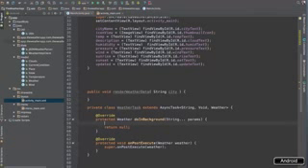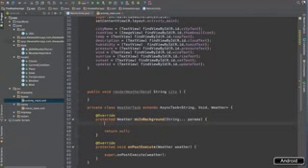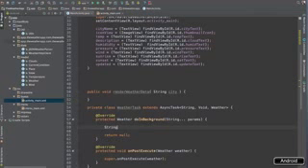All right, so on post execute, this is where you want to populate all of the data that you got in do in background. This is where you populate the data so that you can show it to the user here on post execute. All right, so naturally here inside of our do in background, we're going to say string data is equal